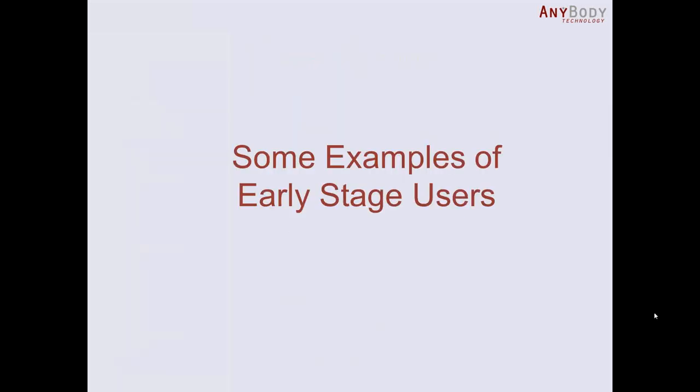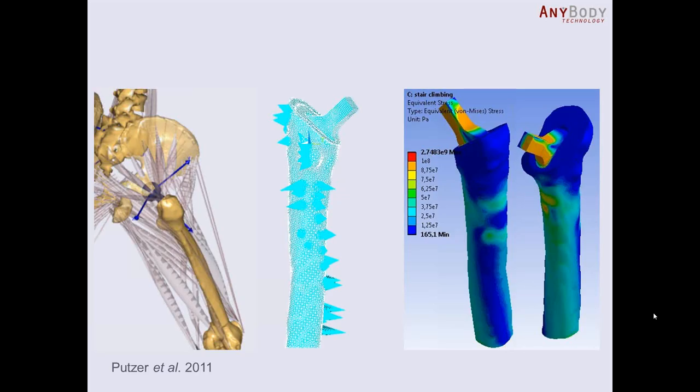Now I promised you also some examples of early stage users, just to show you that the model is capable of all the traditional things that were used in the AnyBody Modeling System before. So you can include the finite element export function in there as well. So if you analyze during gait or stair climbing and you want to know the exact loads on the femur with a hip replacement device in there, you can do that. This is a screenshot from ANSYS